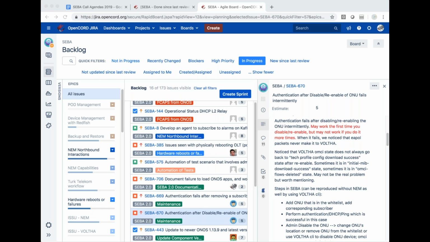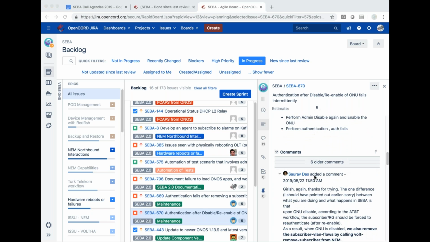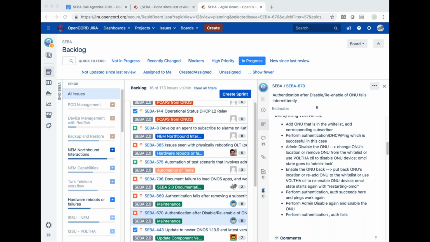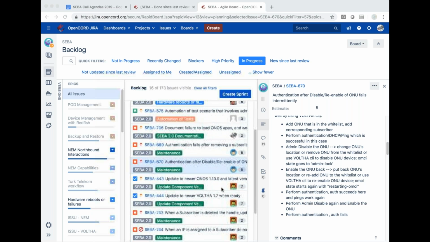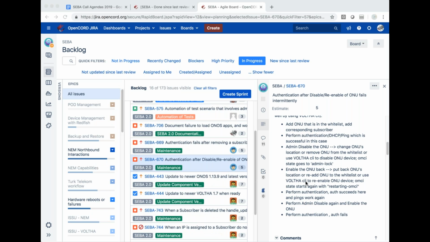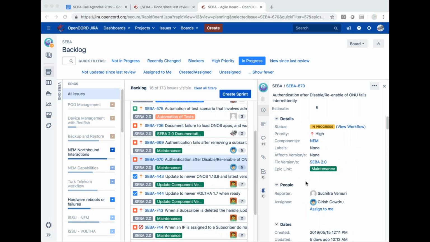I can update the ticket if I see anything. I think that this will be marked as a known issue in the release, that after a certain amount of time you enable and disable the subscriber, then BAL fails. Oh, okay, if I'm identifying it with the correct one. Yeah, if it is the multiple disable enable, yeah, probably.